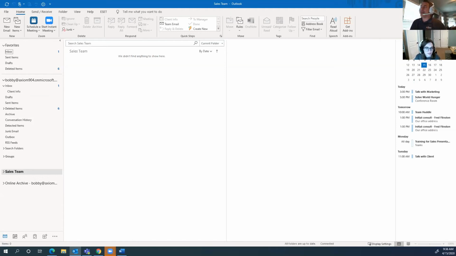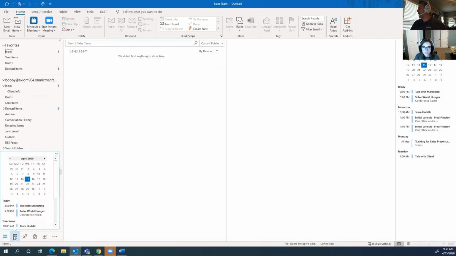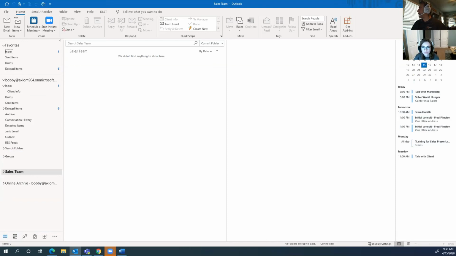So let's look at calendars. So a lot of you guys are working from remote. Working with calendars and sharing and collaborating on those is pretty important. So first off, let me go ahead and click on the calendar option right here. Now, I did show you how you can have the calendar list here, which is very helpful, but you don't have the calendar layering and some other things that I want to show you.